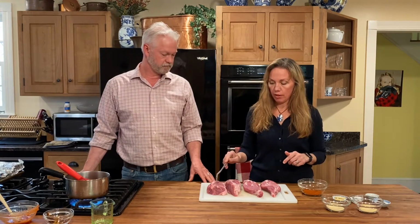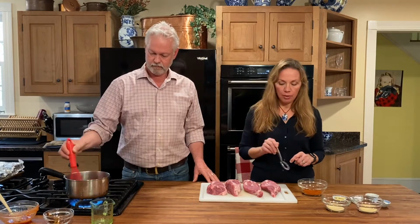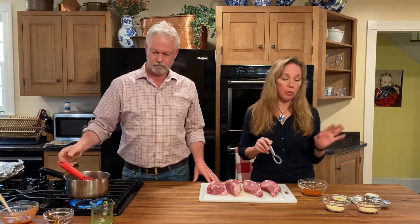And then we put a few other things in here. There's about a teaspoon of salt, about a teaspoon of onion powder, a teaspoon of garlic powder, and I put in a couple good shakes of cayenne pepper, hot red pepper, which gives it just a little bit of zip. We're going to do the two that have the bone in them with Jonathan's kind of sweet sauce, and that reminds me more of like a Memphis style. It's pretty sticky sweet. And then I'm going to do my two that don't have a bone in them with just a dry rub, because I like to add my sauce a little bit later sometimes, and I prefer a